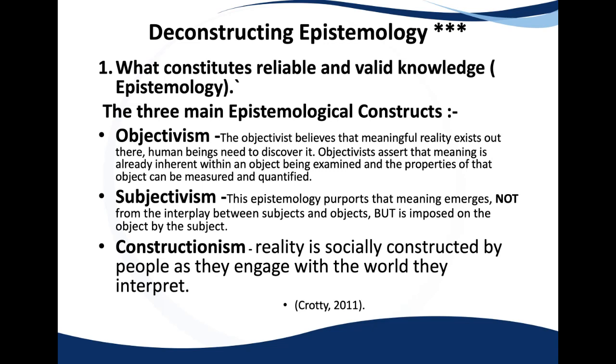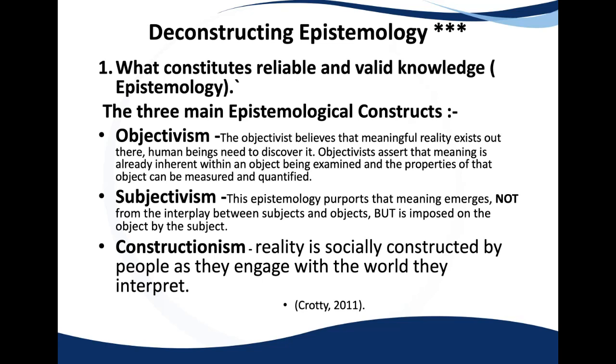The first construct within epistemological consideration is this construct around objectivism. And an objectivist believes that meaningful reality exists out there, and that us as human beings just have to discover